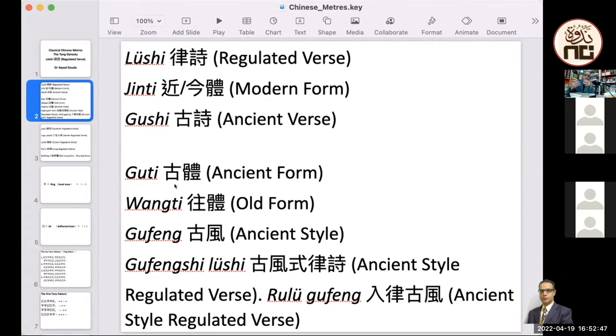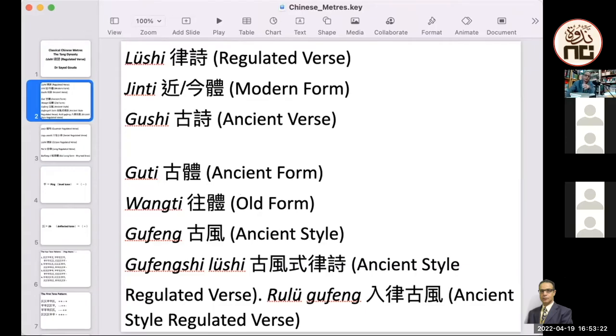And so it was like a mixture. You may refer to it as gǔtǐ. And here you have to differentiate between gǔshī and gǔtǐ. Gǔshī is the old ancient classical verse, but gǔtǐ is that new pattern that prevailed in the Tang Dynasty. It was a mixture between the rules and principles of the ancient verse, gǔshī, and the new meters and new rules that were introduced during the Tang Dynasty.